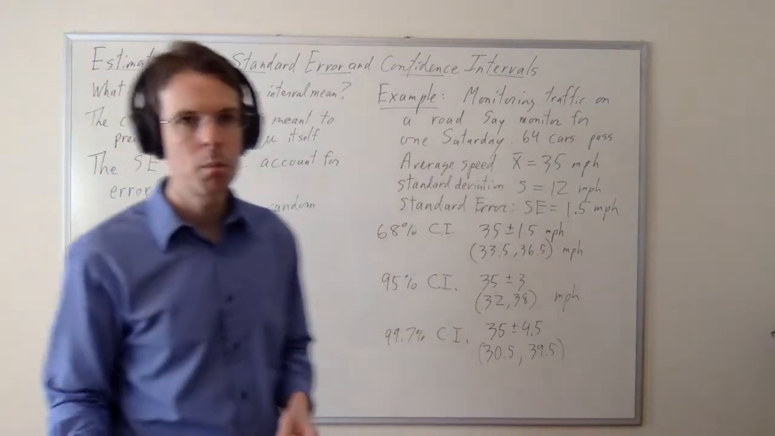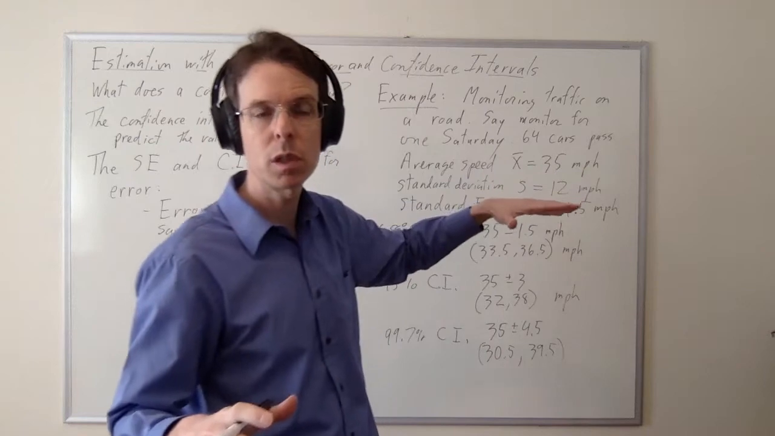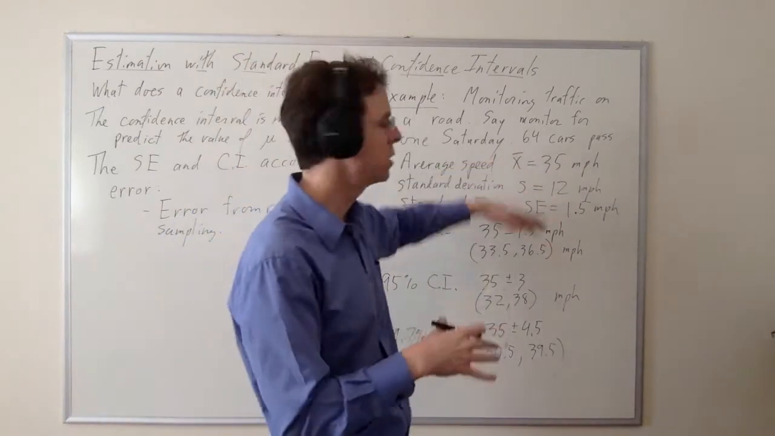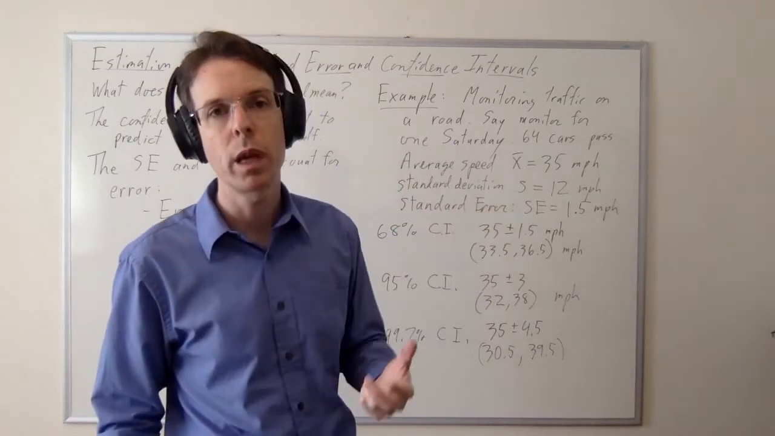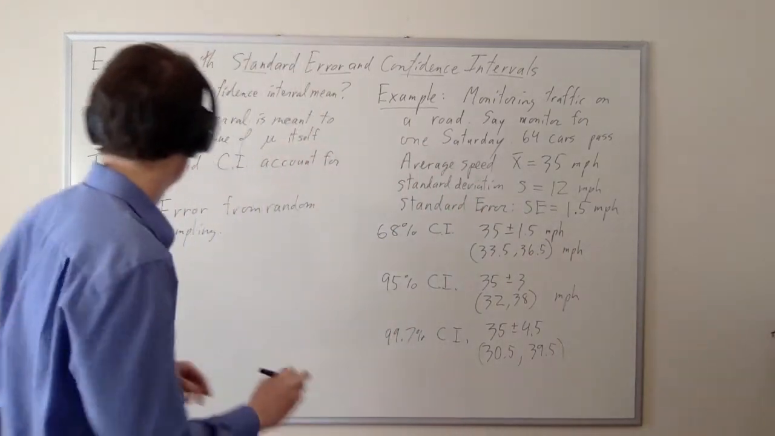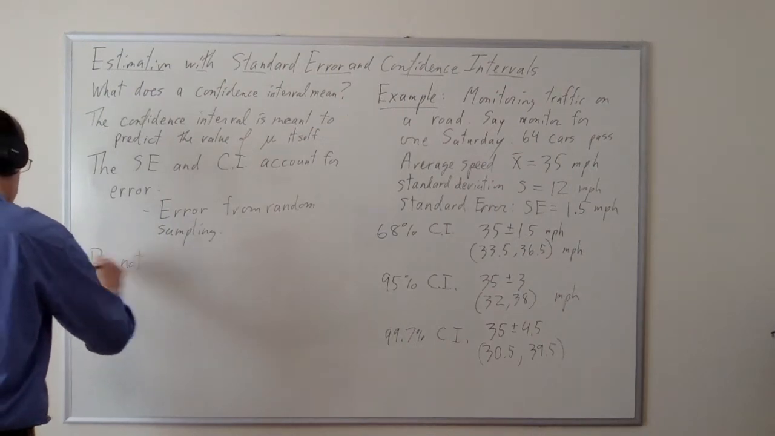So we're going to go out and we're going to measure 64 cars. And if we measured a different 64, it would be different. And a different 64 from that would be different still. So that would cause variability. And the standard error accounts for that level of variability. I want to emphasize that they do not account for